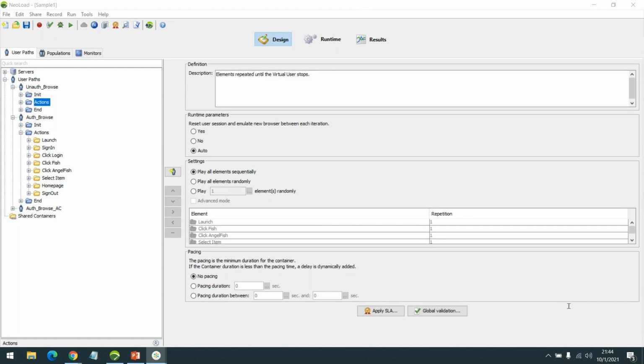Orange HRM. Yes, we need to try a different application, right? We are always all working on JPetStore. I'm happy to take any application, provided you can share whichever application you would like me to check. I'd be happy to see and try to record it and see what is happening with that.